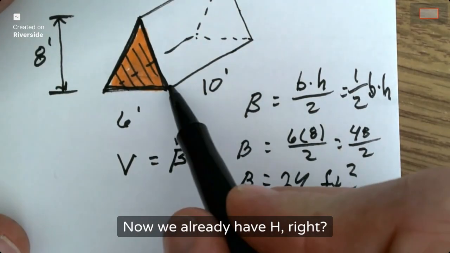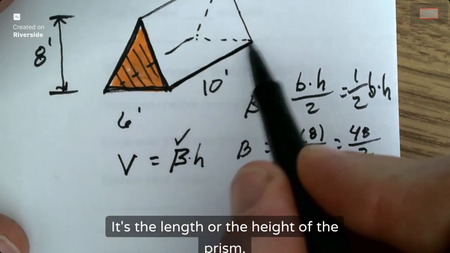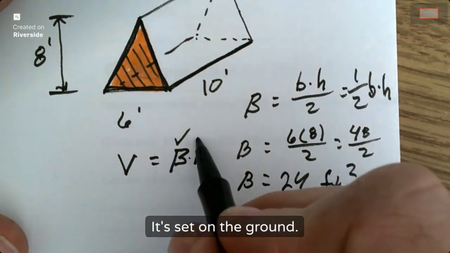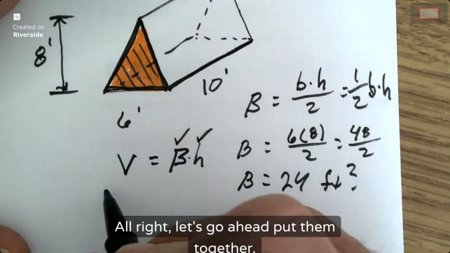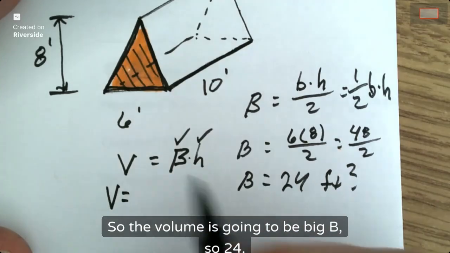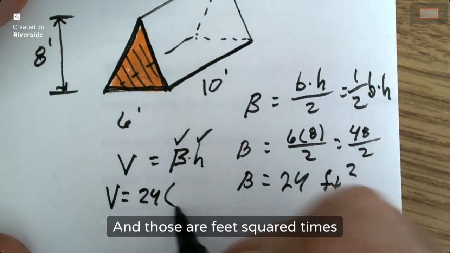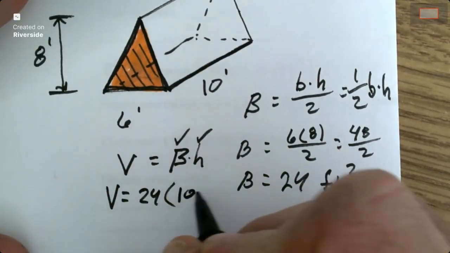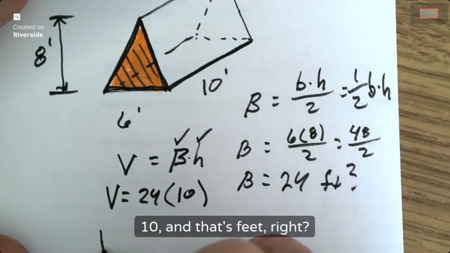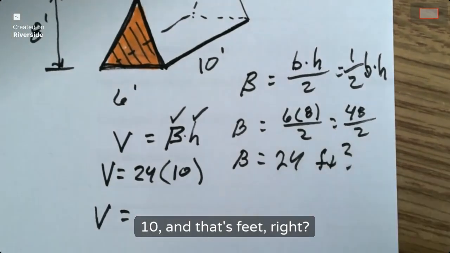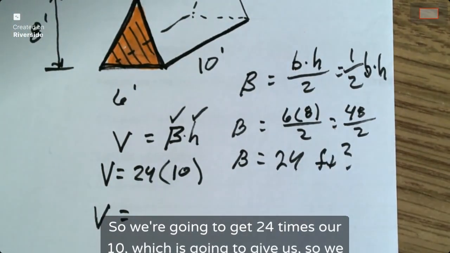Now we already have H, right? It's the length or the height of the prism. In this case, I might call it the length, right? It's set on the ground. So we got H. All right, let's just go ahead and put them together. So the volume is going to be big B, so 24, and those are feet squared, times 10, and that's feet, right? So we're going to get 24 times our